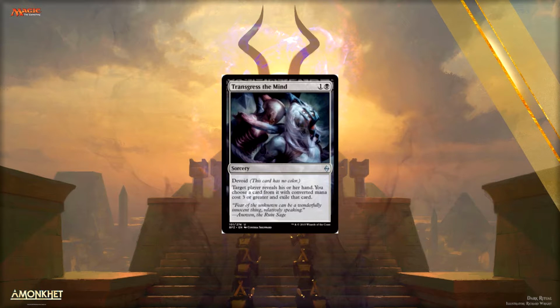It being devoid is very good, and you being able to rip a card that is 3 or greater and exile that card from that player's hand is extremely good. It is almost the opposite of Inquisition of Kozilek, but it's still very good. But in my opinion, not as good as what I said before, Inquisition of Kozilek. Inquisition of Kozilek is just being able to get rid of early threats, but this card is very good because it